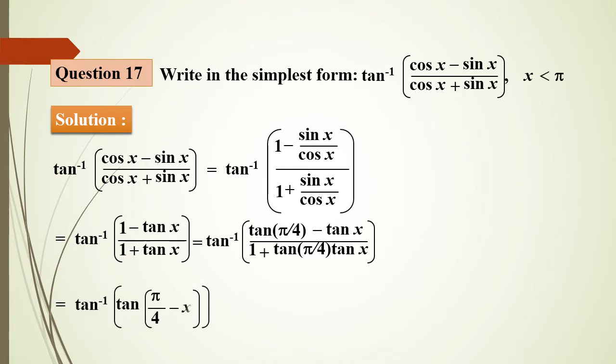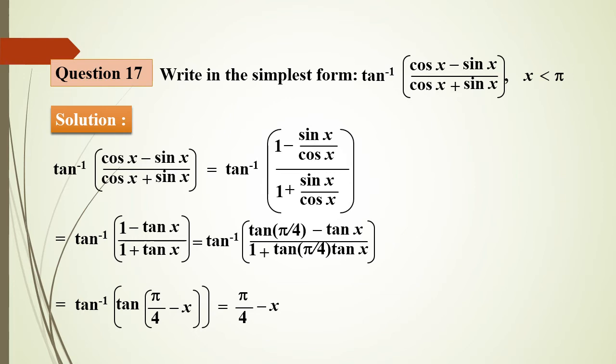So after the tan inverse, the full angle can be written as tan inverse of tan of (pi by 4 minus x). Okay, tan of pi by 4 minus x, after expanding it again, you will be getting back your original term, that is tan pi by 4 minus tan x divided by 1 plus tan pi by 4 into tan x. It is the formula of tan of x minus y. Now, going on simplifying the given term, after the tan inverse we have got one tan, so tan inverse and tan cancel. Next, pi by 4 minus x will be getting. This is the simplest form of the given question.